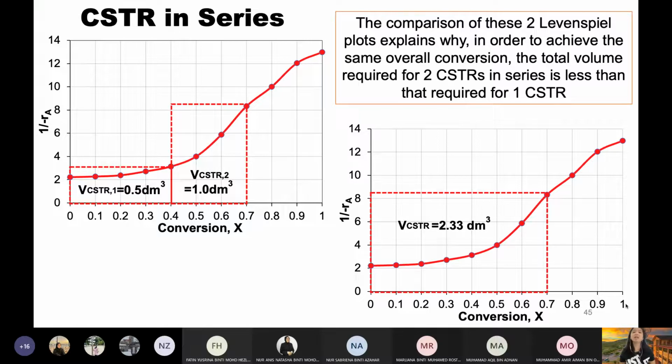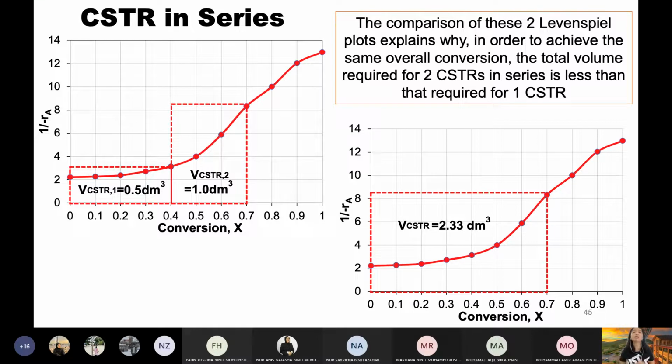But instead, katakan in your plant, you have smaller reactors. Katakan kamu ada reactor yang lain, tapi volume yang lebih kecil. So by right, technically, you can actually run the reaction. You can still run the reaction using the smaller reactors. Meaning, reaktor pertama kamu must be at least 0.5 dm cube. And if you have the second reactor of at least 1 dm cube, you connect it in series, you can already run the reaction in your plant.